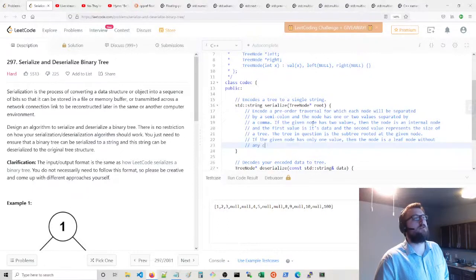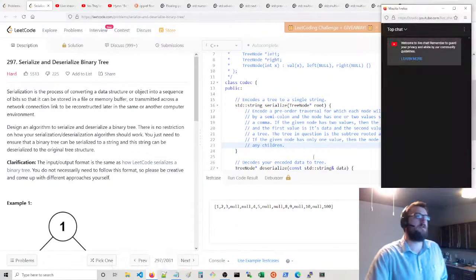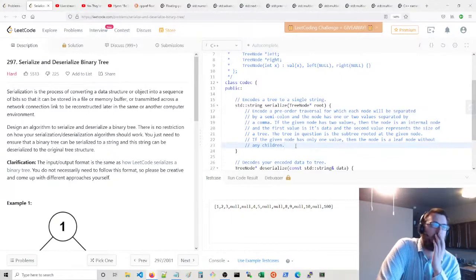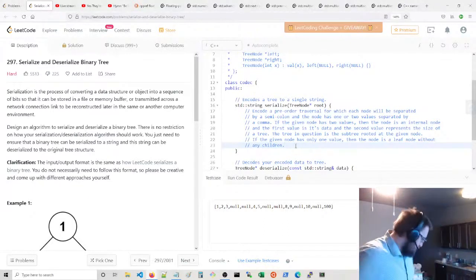Any children? I don't know if this really works, because this might not actually work the way I'd like it to, because how do you represent an empty left subtree? Even with this approach, I don't think it works,